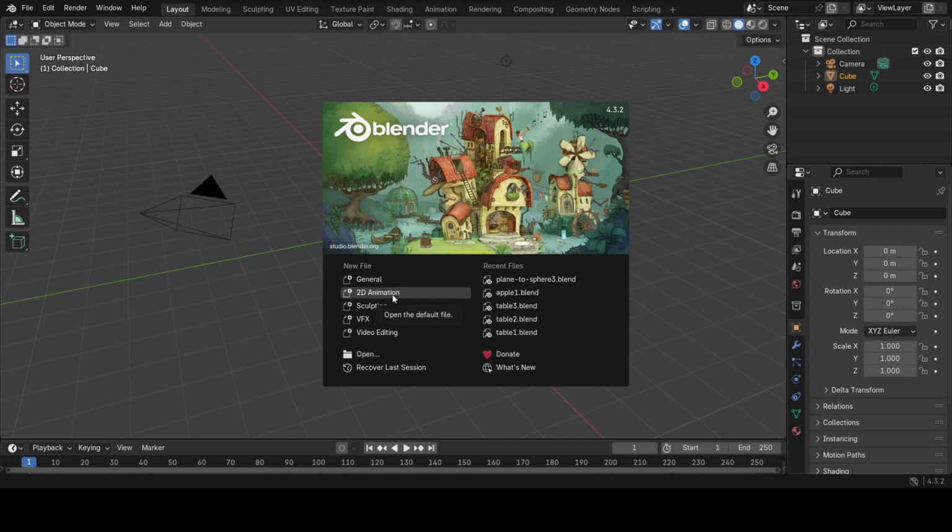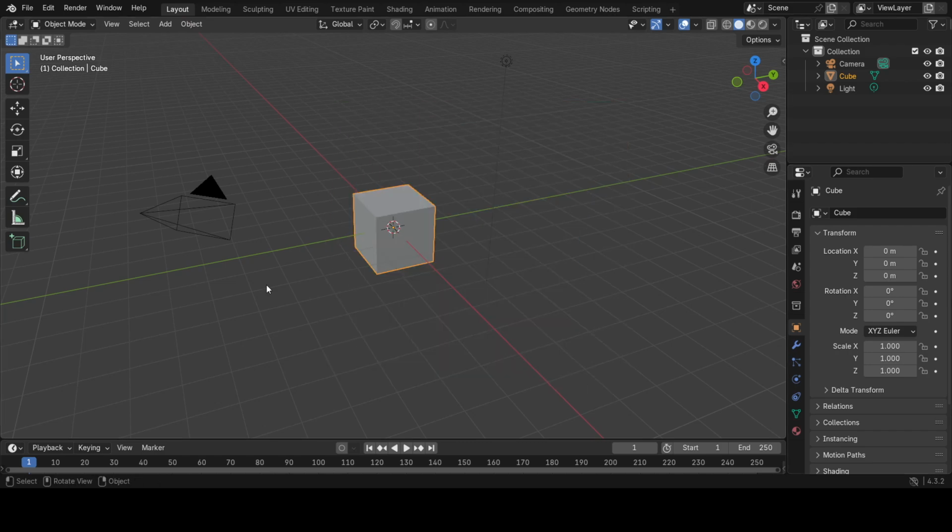We have 2D animation, sculpting, VFX, video editing as well. But like I'm saying, we're going to be focusing on modeling and getting familiar with the different tools and how they work here with some simple exercises. Recent files you find on this side as well. Again, donate, so on and so forth. Version 4.3.2. So if I click here, the screen disappears, and the first thing you'll see is that there's a cube